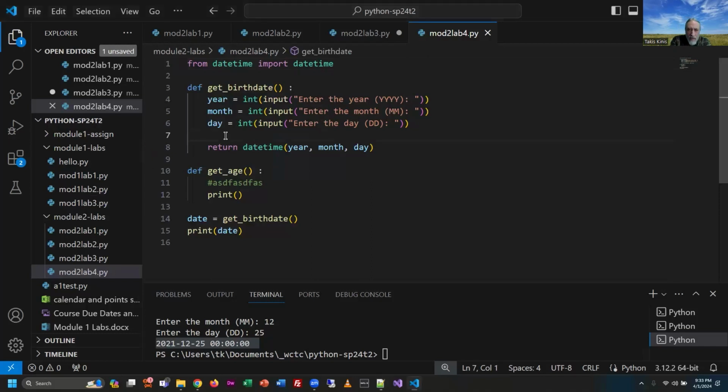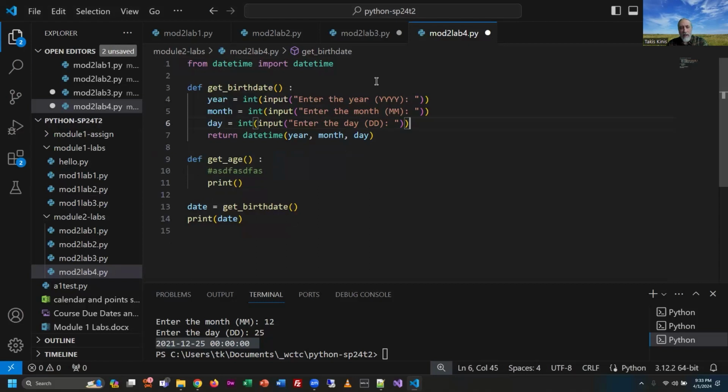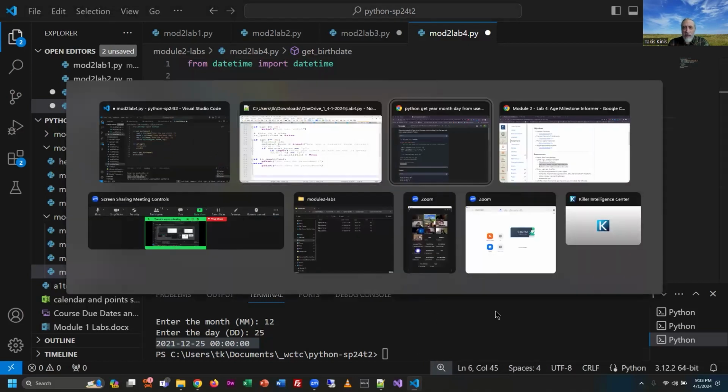And really, I don't need that blank line there, but that's a nice, concise little function. Now let's read the other